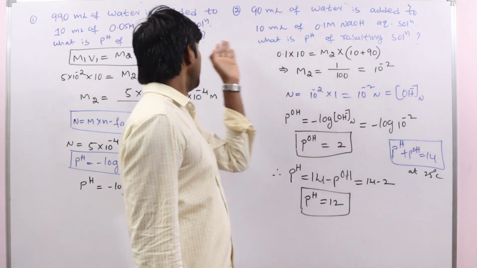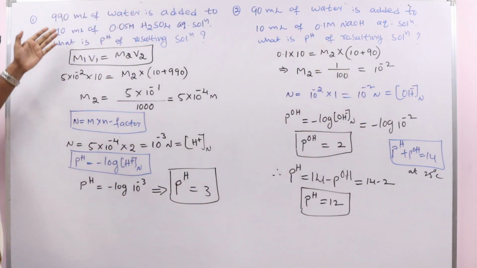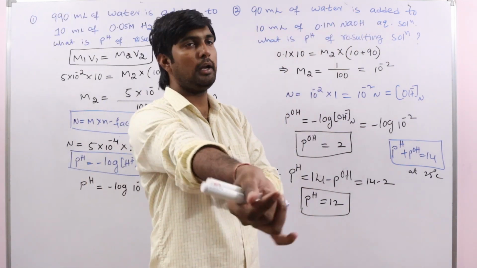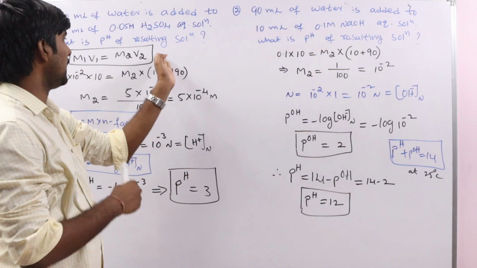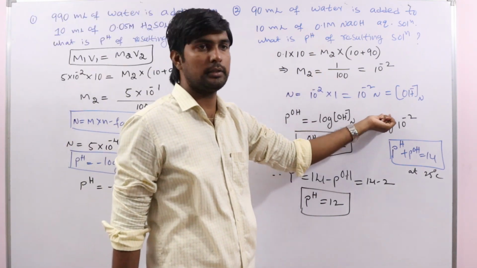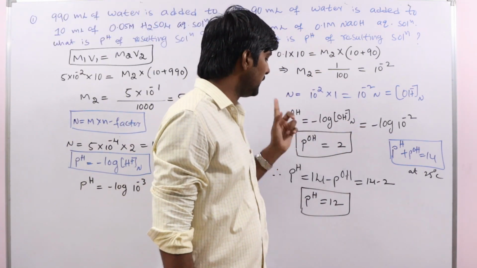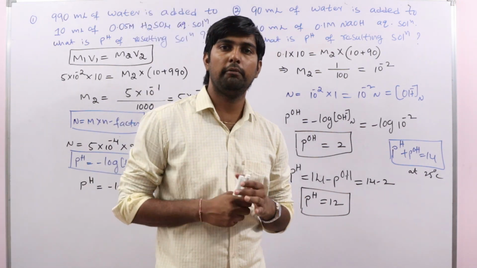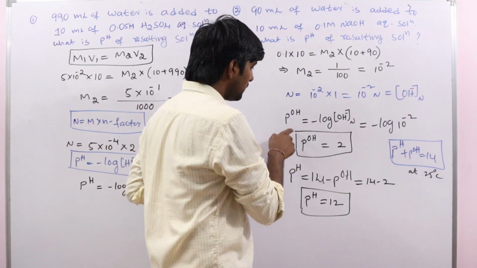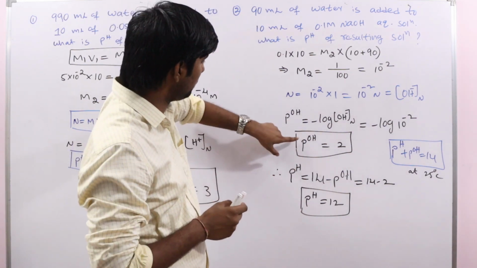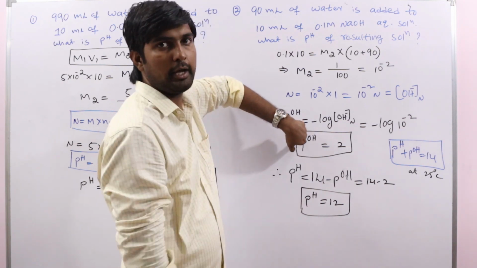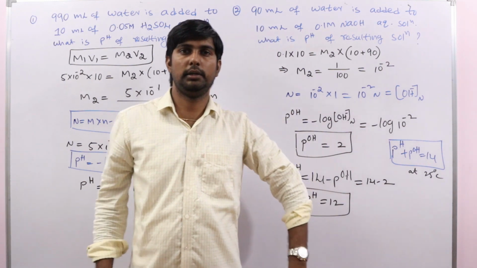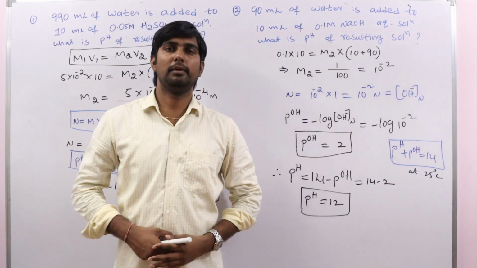Clear? So if acidic solution is given, directly we can calculate pH. If basic solution is given, everything is same. By using law of dilution, calculate resultant concentration, then calculate pOH and then calculate pH. Here also you should be very careful. Every time I am mentioning here. If they ask you to find pOH, stop here, but if they ask you to find pH, then we have to calculate pH. Okay, now let us see some other problems also.